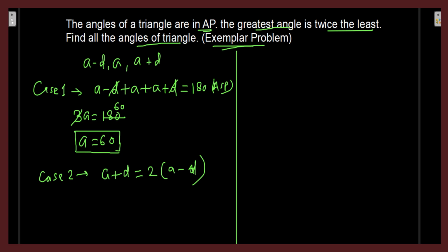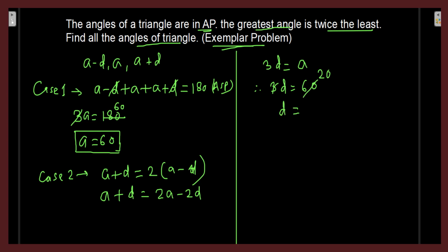So this we will solve. So A plus D is equal to 2 multiplied inside the bracket, so it will be 2A minus 2D. And so take 2D to this side, so that will be plus 2D, and D plus 2D, that will be 3D, which is equal to, take A to this side, so 2A minus A, that will be A. And here the value of A is what? 60, and therefore 3D is equal to 60, and 3 ones are 3, 3 twenties are 60, and therefore D is equal to 20. So friends, here you have got the value of D, the second important step, highlight it.